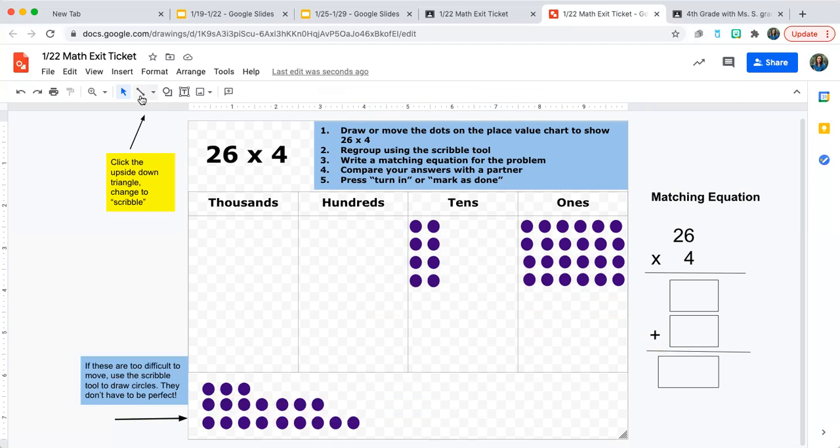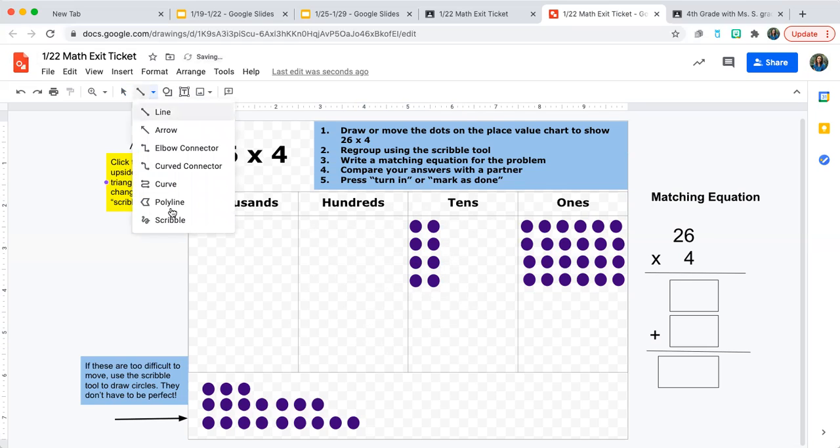It's right here. But if it doesn't show you the scribble tool, you have to click this upside down triangle and go to where it says scribble. If you don't change that, if it stays on line and you try to draw your circle around your dots, you're not going to be able to. This is a line. So you need to make sure that you use the scribble tool because that's the closest thing to a pencil on Google Drawing. So now you need to regroup